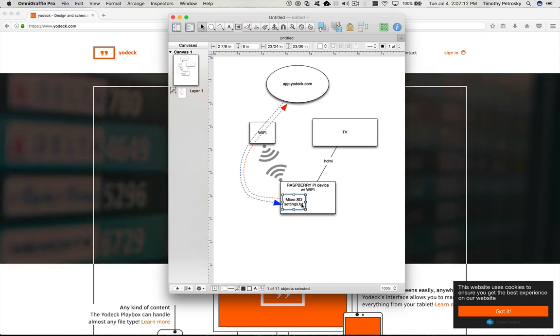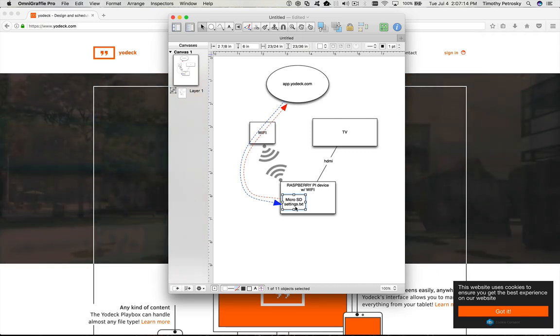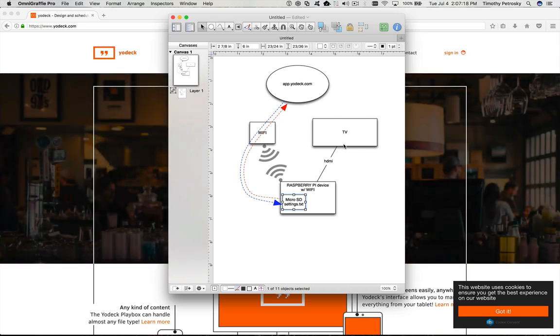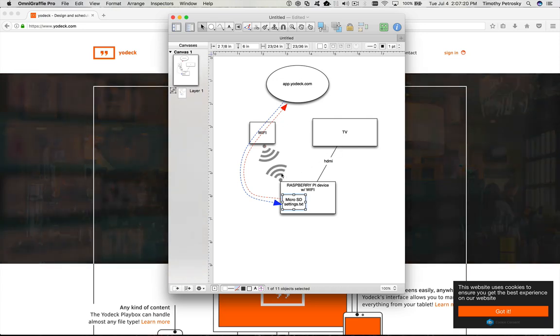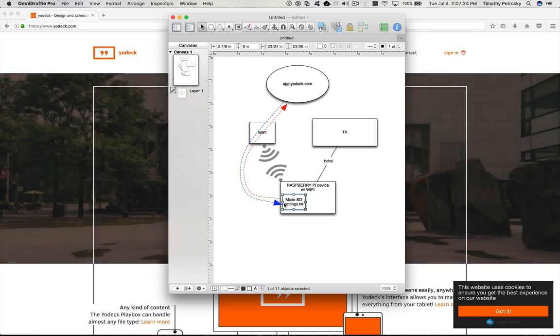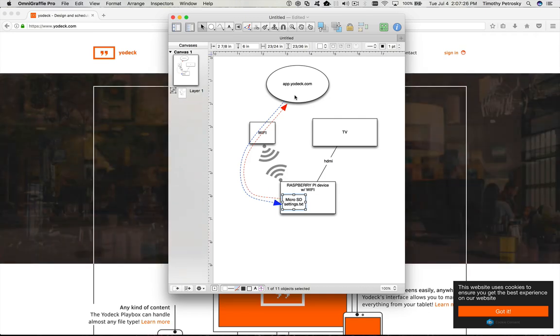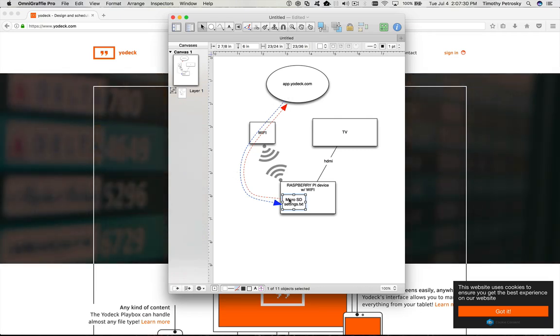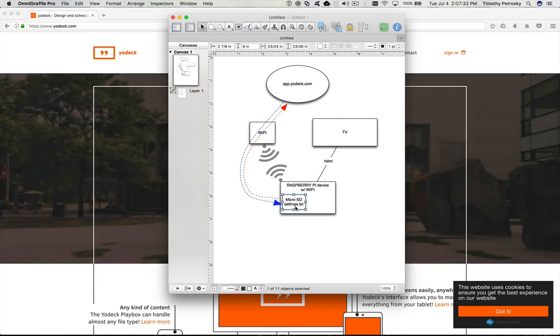This Raspberry Pi runs its operating system from that SD card and also connects to HDMI to the TV to output its display. It's connected to the network either through wired or wireless, and we have ours connected through wireless. And every time it boots up, it goes out to app.yodeck.com and pulls down the configuration that you have up there. So if you do edit anything on the SD card, the next time you boot it, it will use